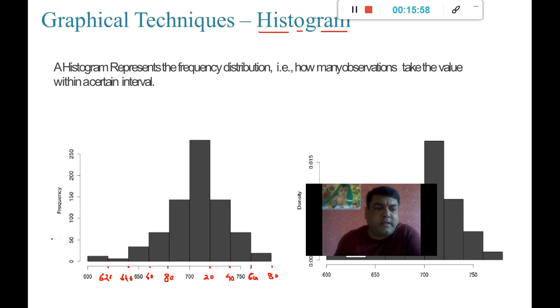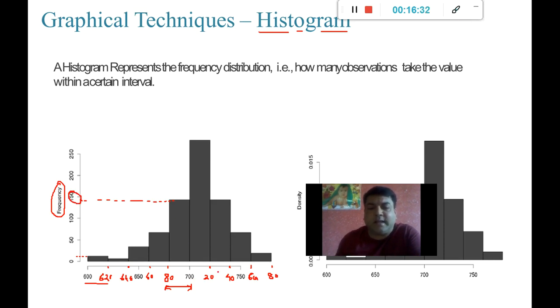Now, when we say frequency plot, the number of students appearing within a particular interval is given over here. So this is the interval, right? 680 marks to 700 marks, there are around 150 students.